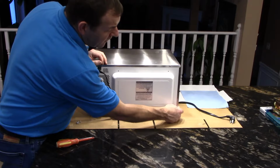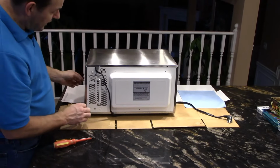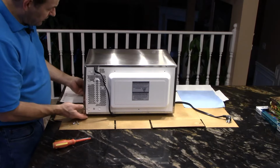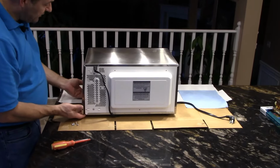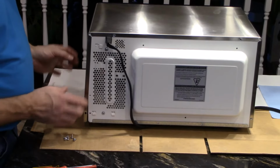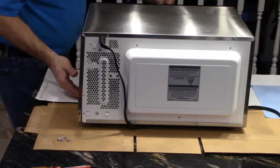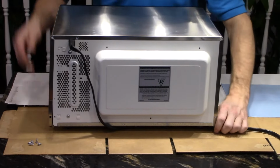Okay, so after we get all of the screws out from around the perimeter, like we said, and off the sides, just test the edges here and see if they come free. Now this side does not come free, which tells me there's a screw under the microwave which is holding this panel on. So what we have to do is very carefully rotate the microwave from the bottom